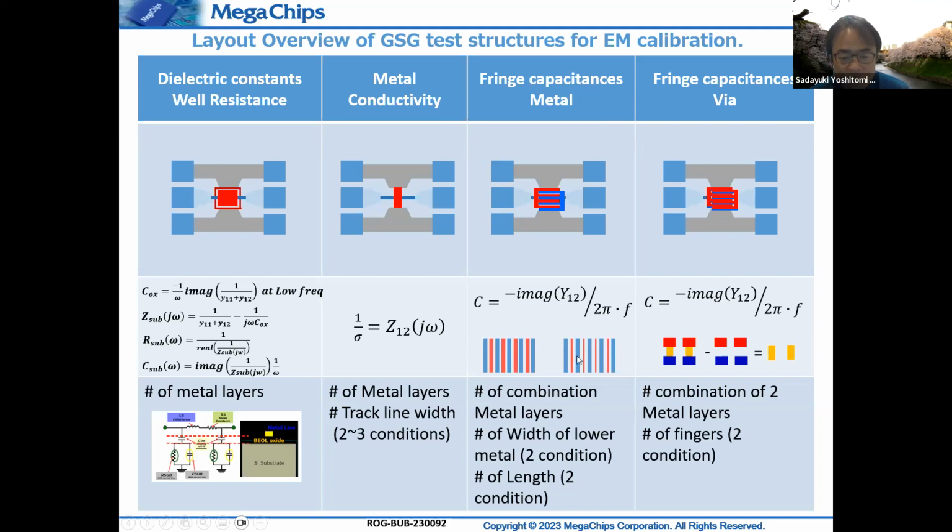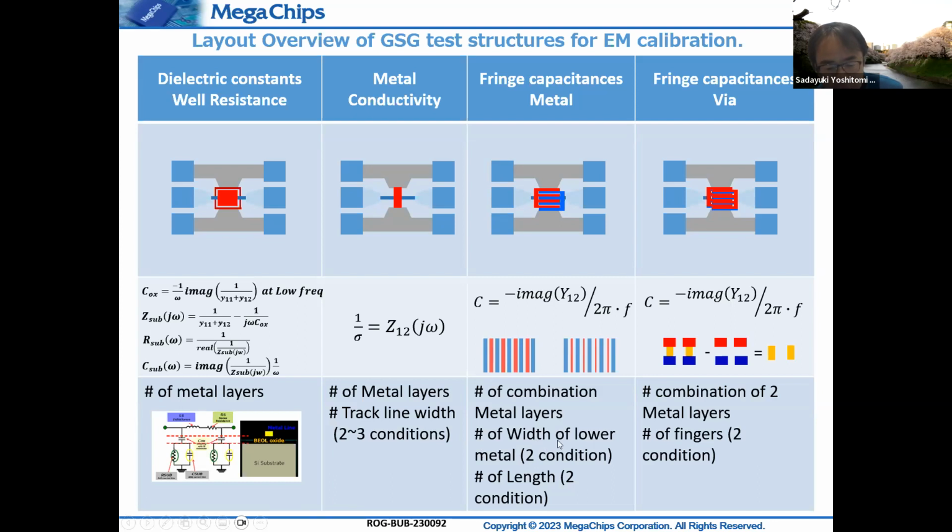To verify the quantitative numbers of fringe capacitances, I'd like to propose the number of combinations of metal layers and the number of widths of the lower metal, which I say in this table are the red line,